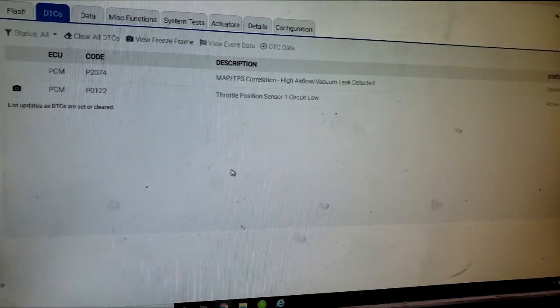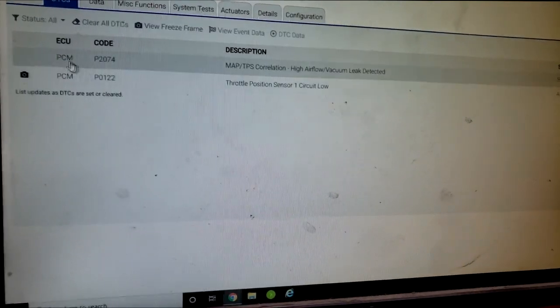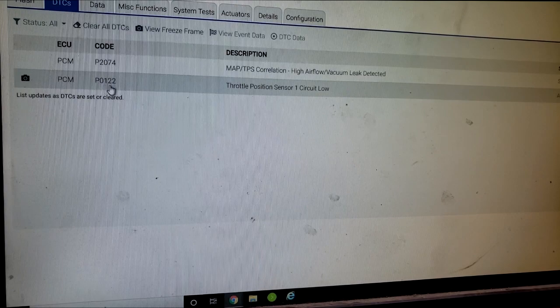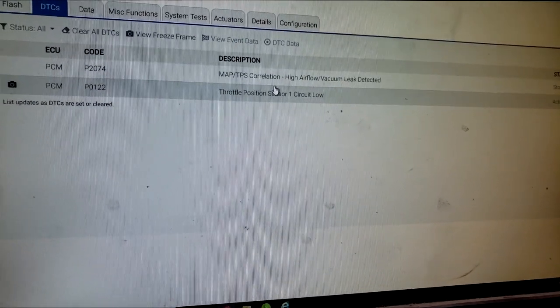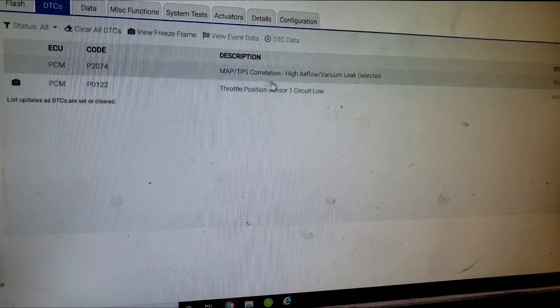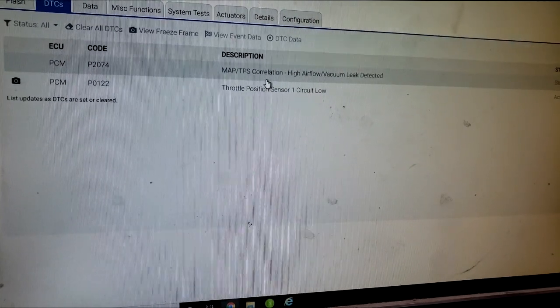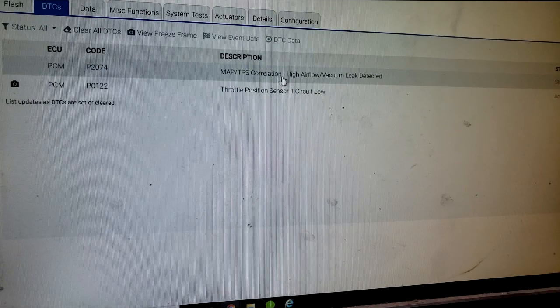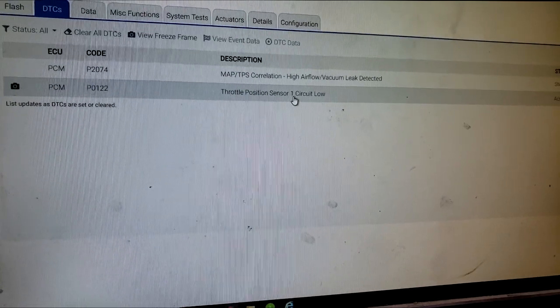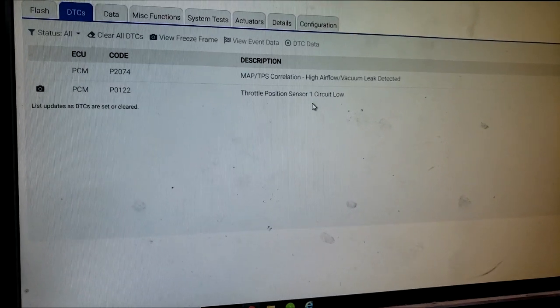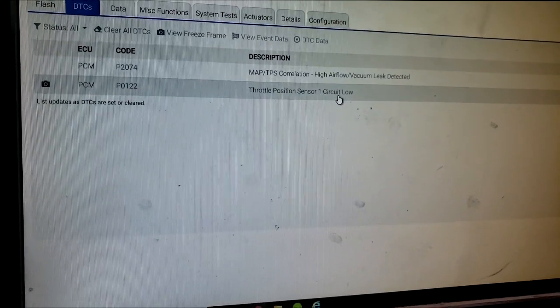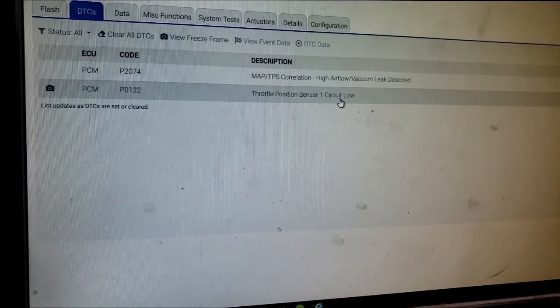Here's one we're concerned with. Let's see. There you go, guys. P2074 and P0122. Okay, that's why that TPS was in the floor. They have fault codes for MAP TPS correlation, throttle position sensor low, and that is active, guys. So if this throttle position sensor is low and they just put a new one on it, we likely have